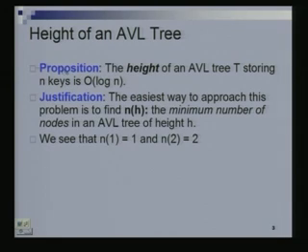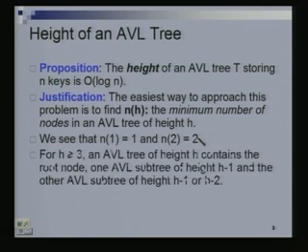Okay, so let's understand this quantity, the minimum number of nodes in an AVL tree of height h. If I take an AVL tree of height 1, what's an AVL tree of height 1? Just a singleton node, nothing else. So it has only one node in it. If I have an AVL tree of height 2, it can be root and one node, but it can also be root and 2 children. So why have I written 2 here and not 3? Because I am counting the minimum. So that's why n2 equals 2. The minimum number of nodes will be just 2 in an AVL tree of height 2.